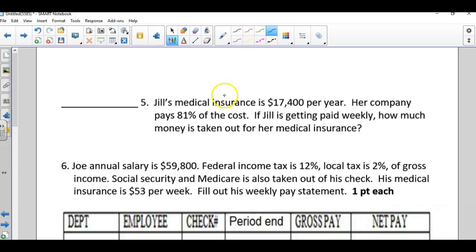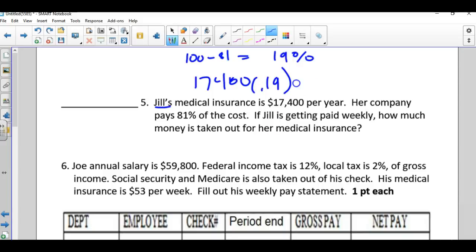All right, so here we go. First of all, let's look at this. The thing with this problem is if the company pays 81%, right? 100 minus 81 is going to give us 19. That means Jill pays 19% of this amount, okay? So if I take that amount, 17,400, and multiply that by 0.19 or 19%,